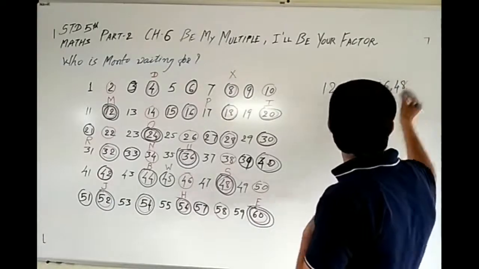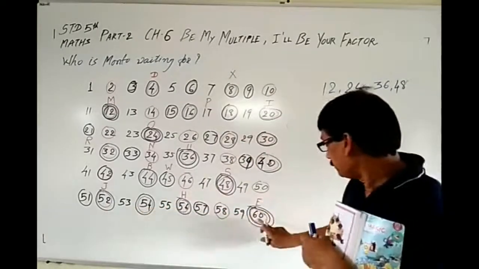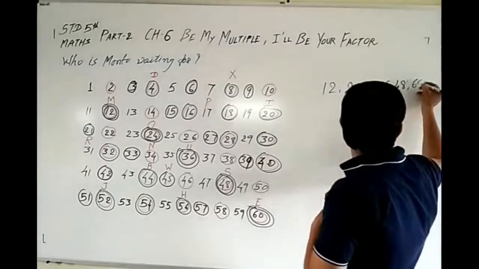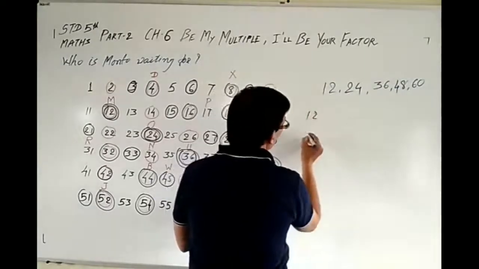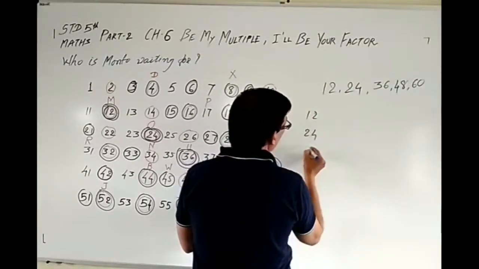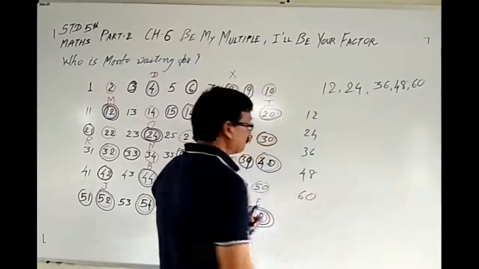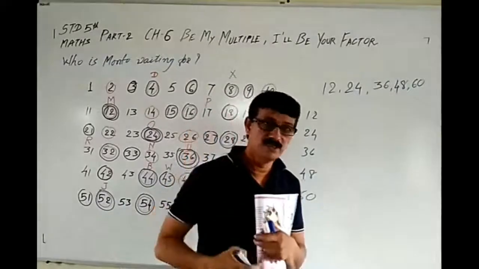That is 48. And see, 60. 60 has all 3 colors. Okay. So let me write down in this way: 12, 24, 36, 48 and 60 have all the 3 colors circled, or we can say all the 3 colors dots